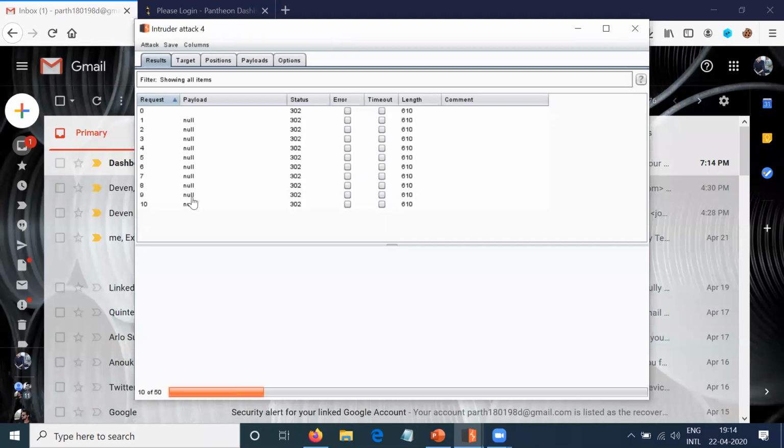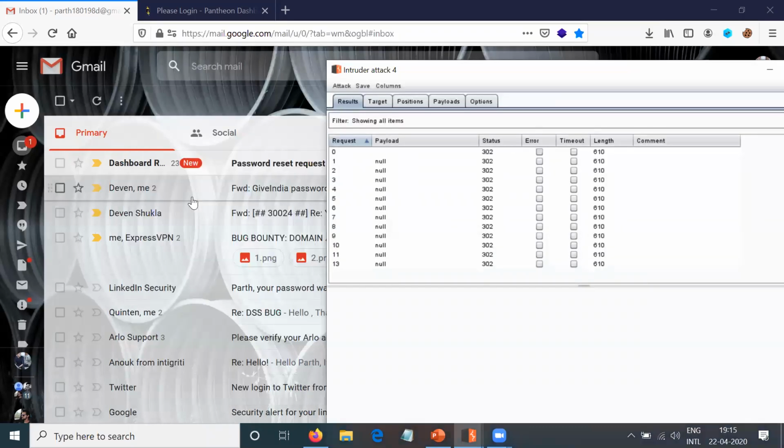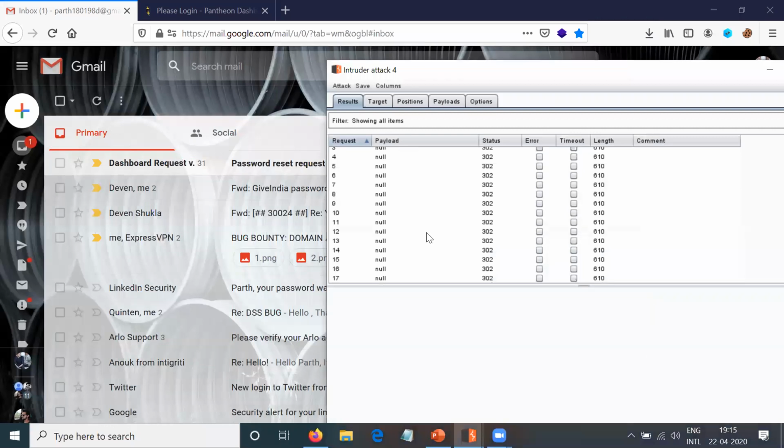See, okay, it is giving me 23 because the last time's payload also counted, the one which I deleted, and after that I received. So this is the rate limiting.